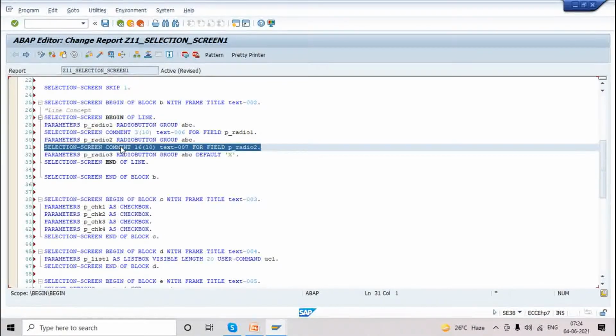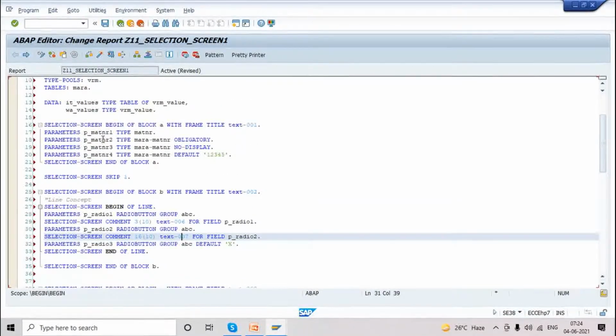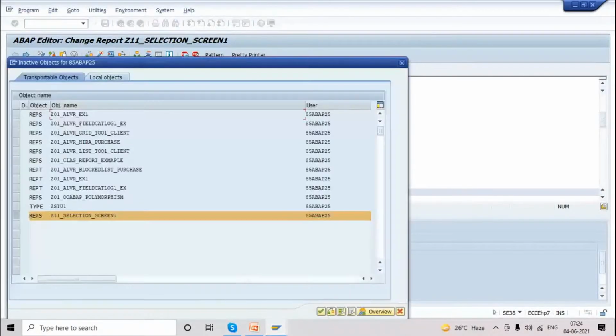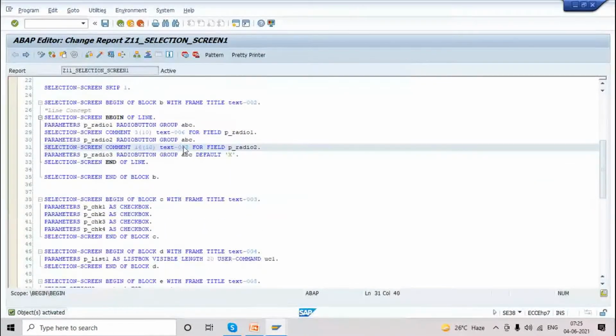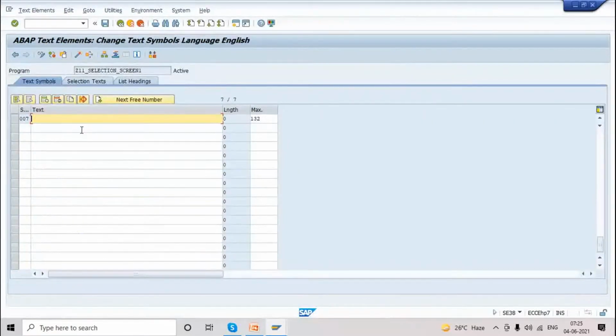But radio buttons normally we define so that after the radio button we display the text. For these fields, parameters for single input, I'll show you how it is working. We don't have a labels keyword here, so we use comments.